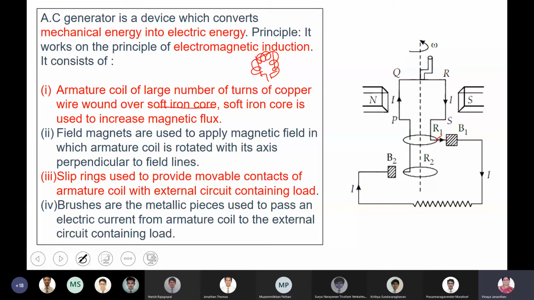So B1 and B2 will carry the current developed in PQRS to an external load R. See, when the coil PQRS is rotating in a magnetic field, an induced current will flow through it. So the induced current produced in PQRS will be carried over to the external load, where you are taking the output voltage through the carbon brushes B1 and B2. Now let us apply Fleming's right hand rule and find the direction of the induced current.